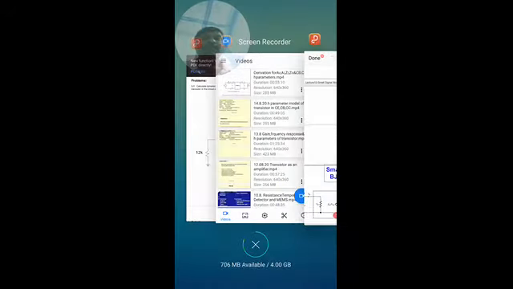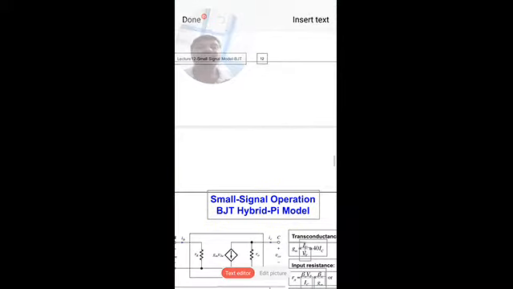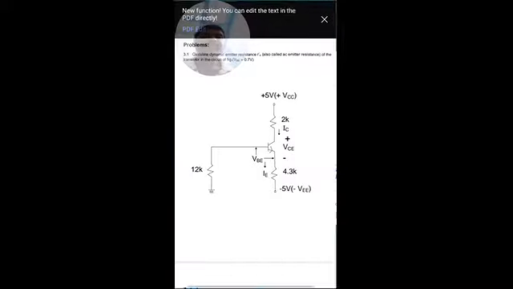So now we will come to the actual problems, we will solve them by using this concept. Now we are going to solve some problems on the transistor amplifier circuits. Let us consider the first